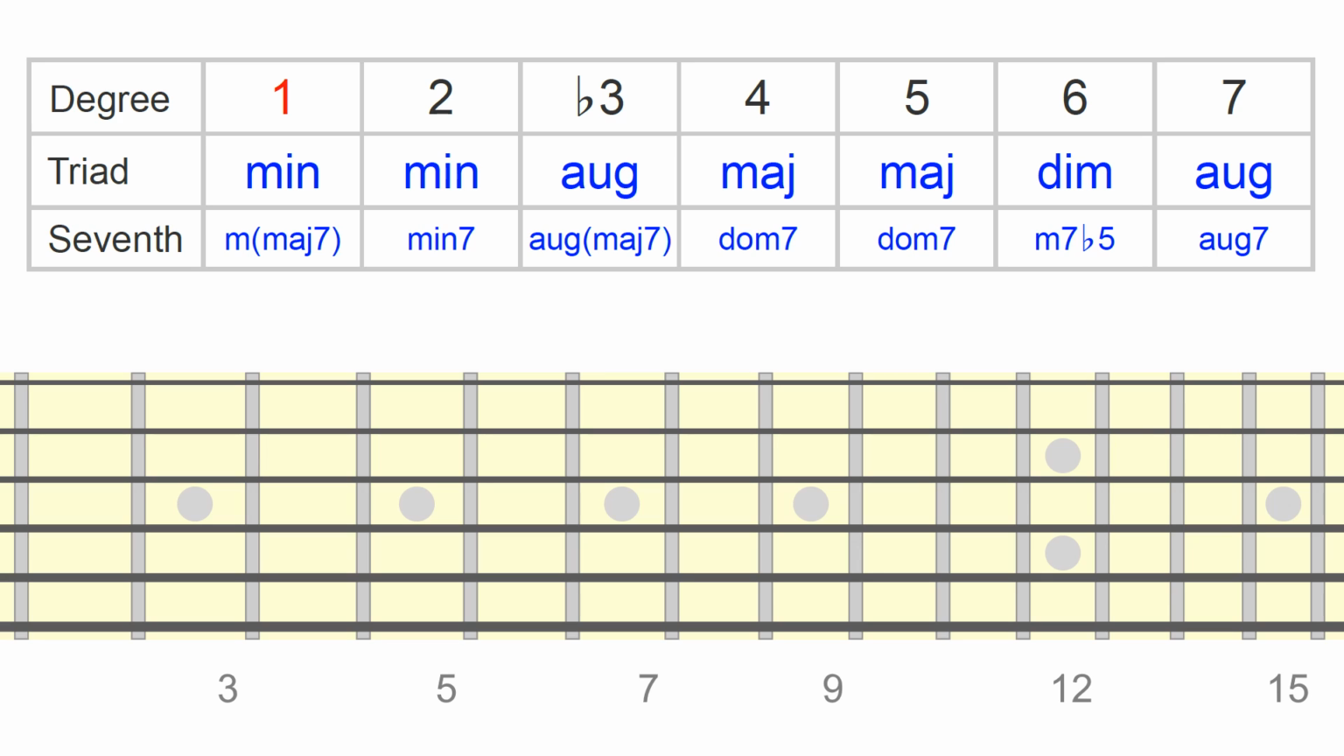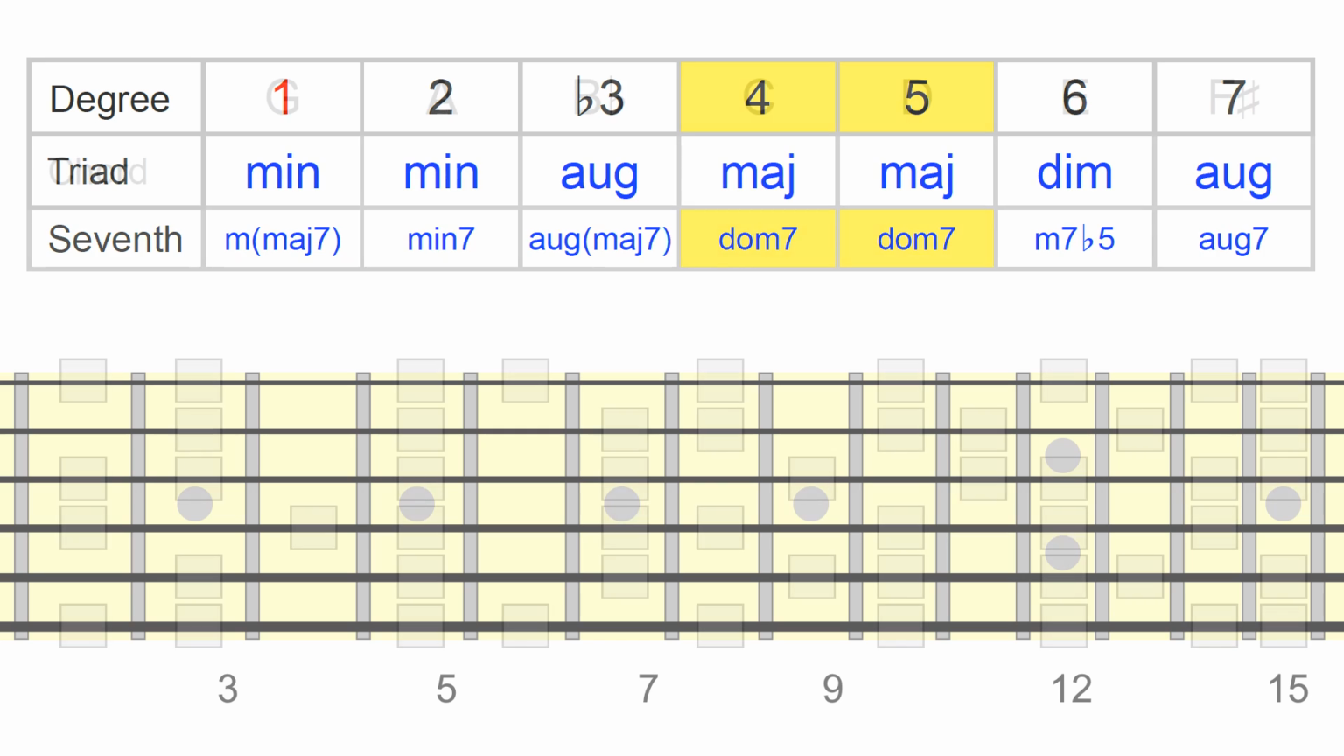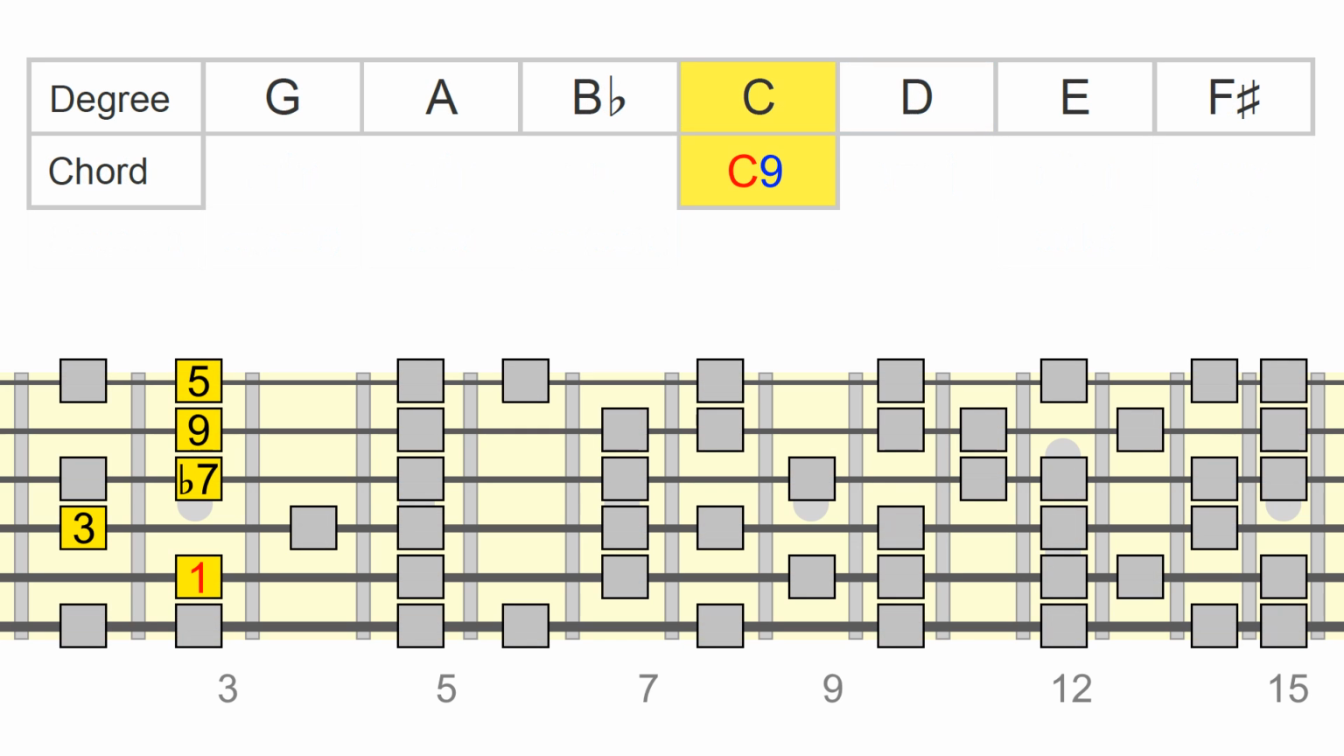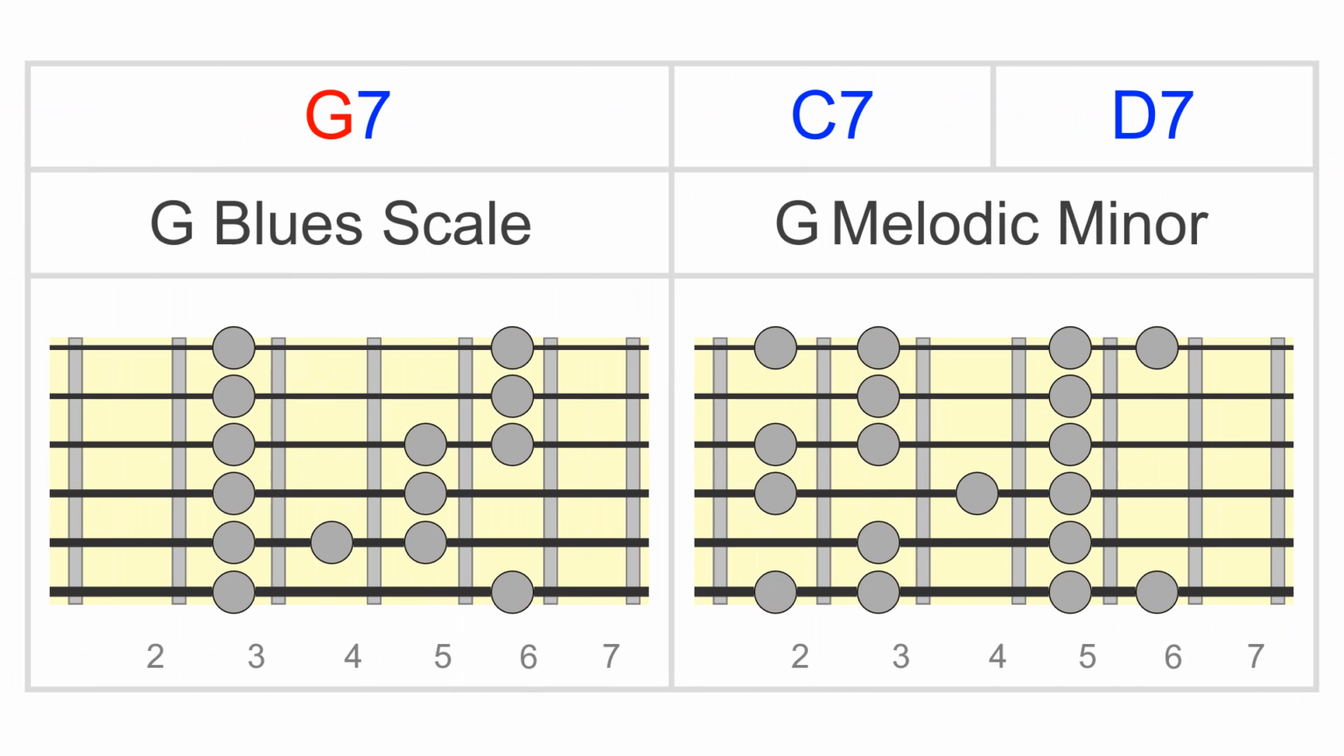Now, focusing on the 7th chords from the scale, you'll notice we get a dominant 7th chord on both the 4 and 5 positions, and we can extend these to dominant 9th chords as demonstrated here. You're probably familiar with this relationship in a blues context. Therefore, melodic minor offers us a nice alternative to the standard minor pentatonic and blues scale over the 4 and